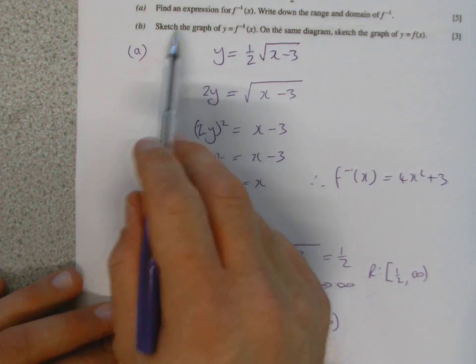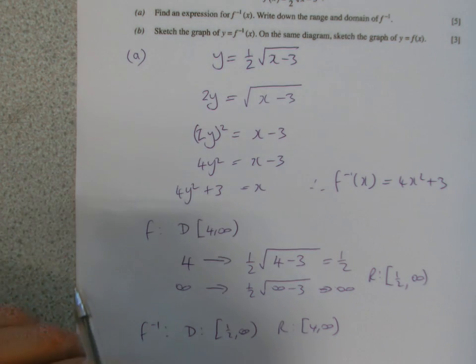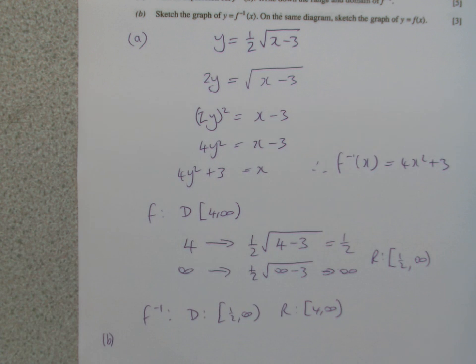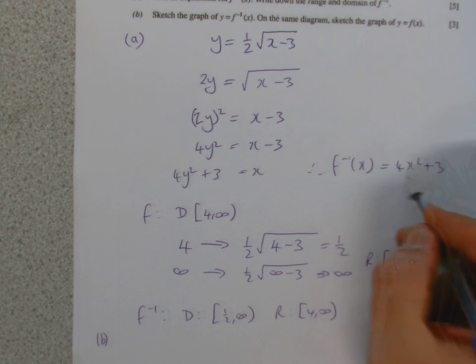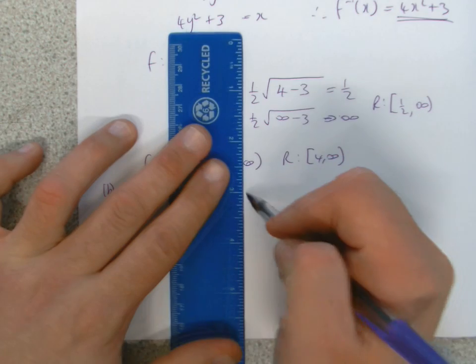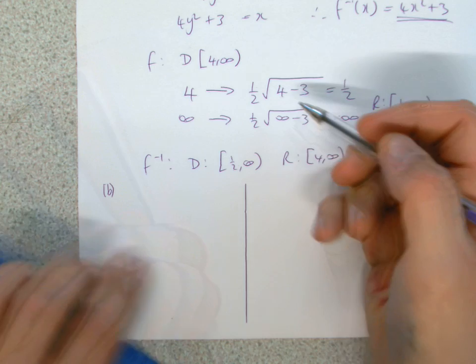Part B then, it says sketch the graph of f to the minus 1 of x. On the same diagram, sketch y equals f of x. So let's just look at what the function is to start with, f to the minus 1 of x here. We know what that looks like to me. It's a quadratic, smiley face, shifted up 3. We have to be careful where it's starting from. It's starting at a half on the domain. So we don't want the whole graph. We have to focus on what our domain and range is,